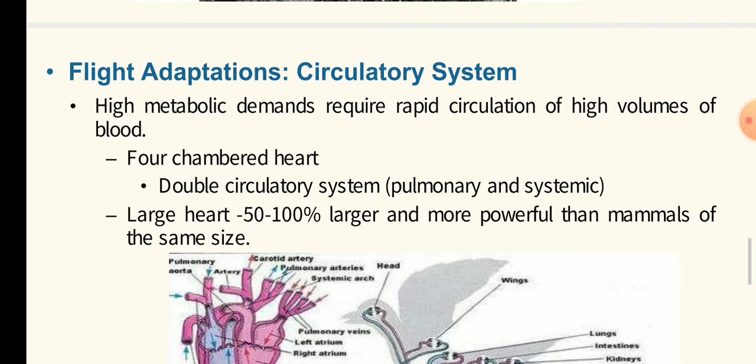Okay, and also due to the double circulation in it, the oxygenated and the deoxygenated blood remain completely separated. Whereas in reptiles, partial diffusion takes place. But here in birds, there is complete separation of the oxygenated and the deoxygenated blood. Also, the red blood cells of the birds contain a large amount of hemoglobin, which is responsible for the quick and perfect aeration of the body tissue.